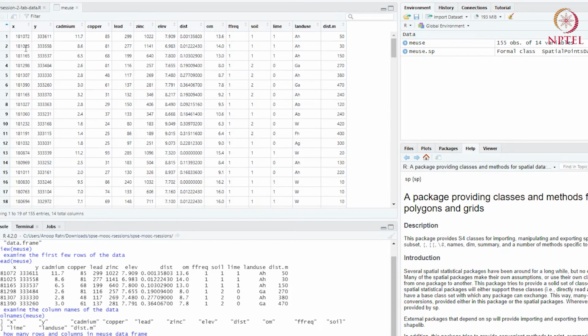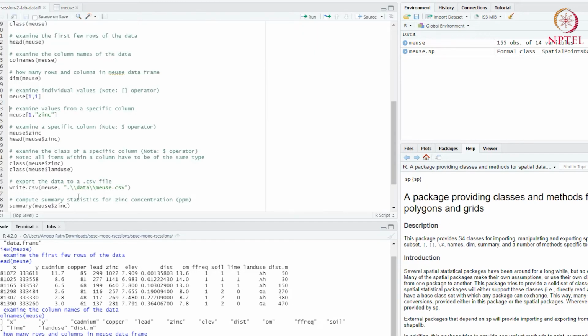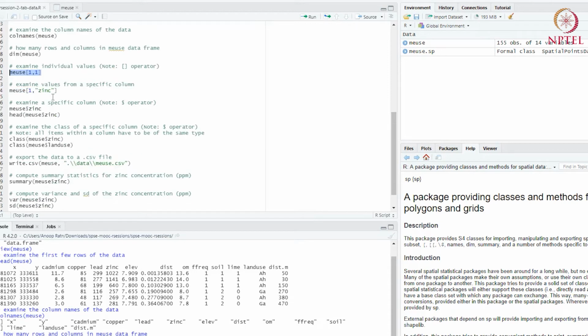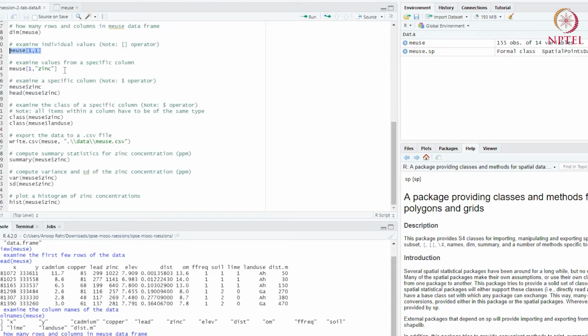If you open this up, you will see that the first element here, the first variable and the first row, this is the same value. Try using these square brackets to examine other elements in this data.